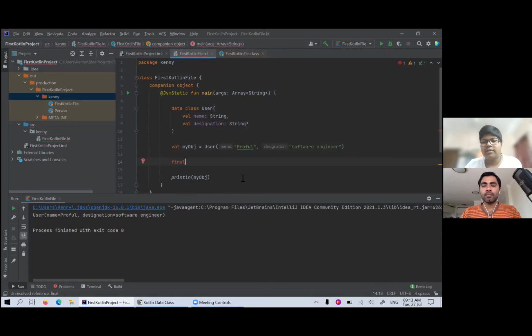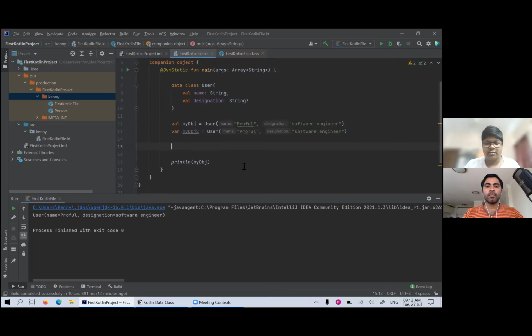So Kotlin has val and var. If we say my object 2, var is like a variable, which can be changed. But in the case of val, it is a permanent, constant kind of thing, and it will not let you change it afterwards. So maybe we can just try running that.